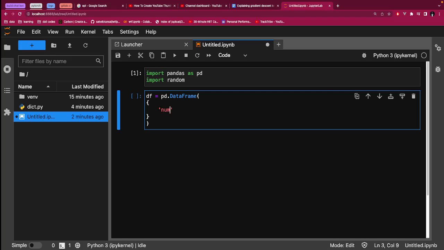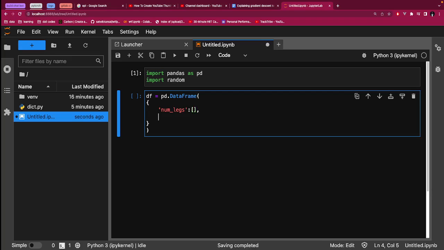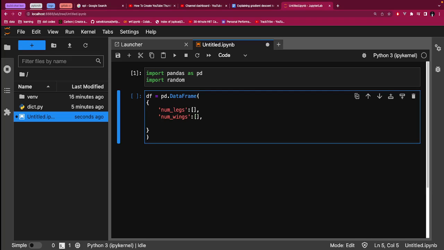So number of legs should be a list, then number of wings should be a list, then the quantity of specimen seen, so let's just say sample space,